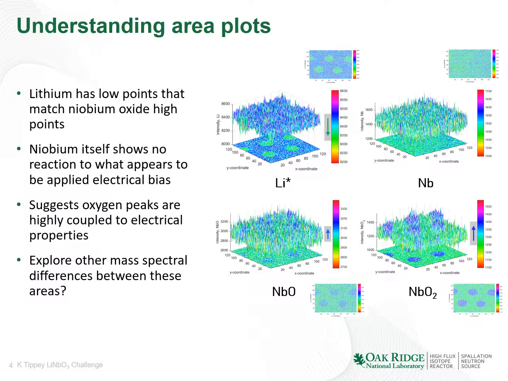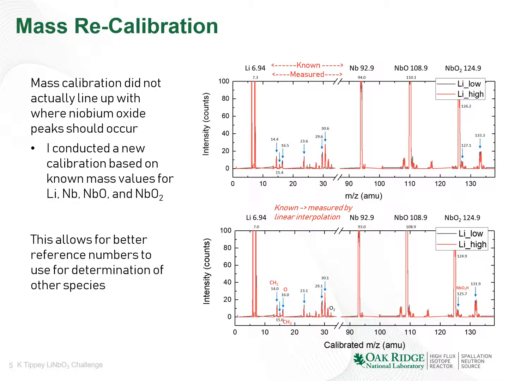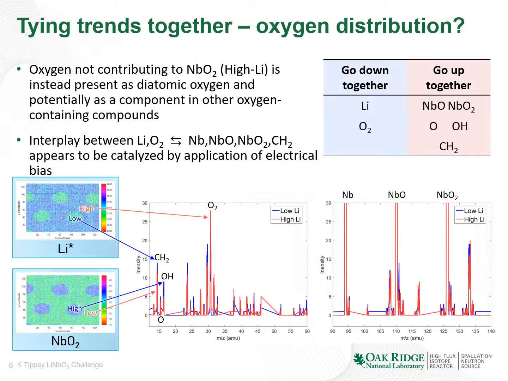And oxidation and reduction should have opposing reactions, which goes along with the whole electrical bias thing, as far as I understand this material. I went back and recalibrated, because the niobium peaks weren't where I expected them, assuming that the biggest peak was the lithium peak. Again, this is lithium hydride most likely. The low points and the high points are still reflective of high oxygen and high hydrogen